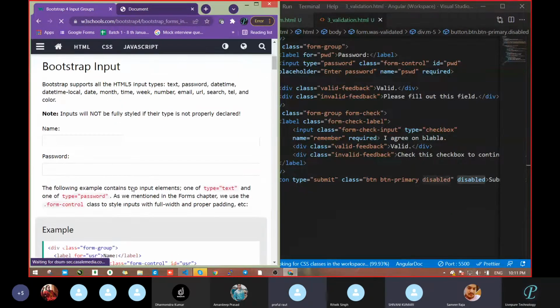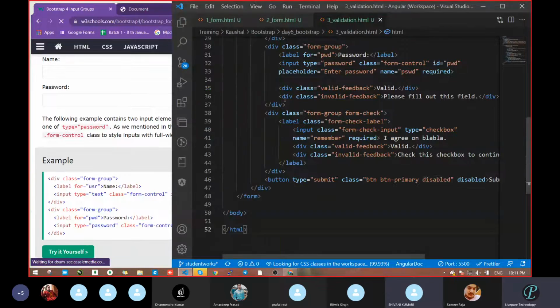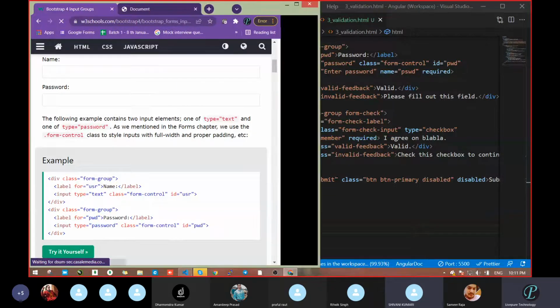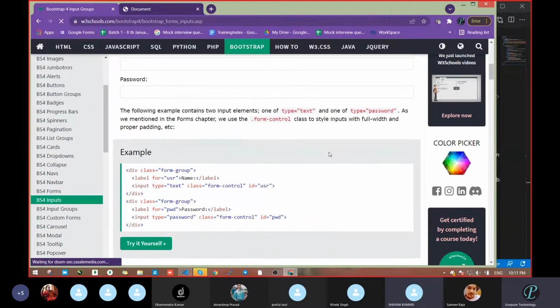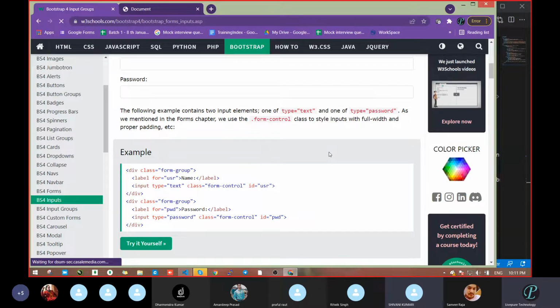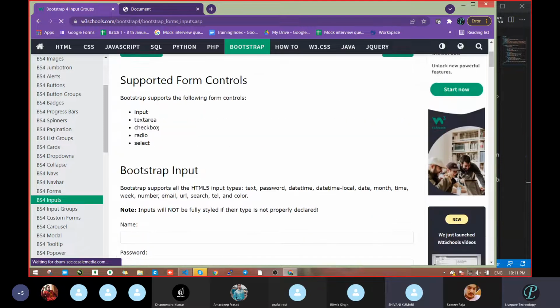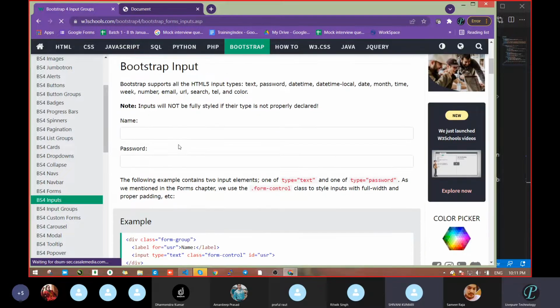Literally, I'm telling you. So let's see regarding this form input field. I will not cover much because this already comes in the form itself. Bootstrap input, you already know in the case of HTML itself, there are different types of input. The same thing we are going to take here, but now you can design that particular input field, of different types.